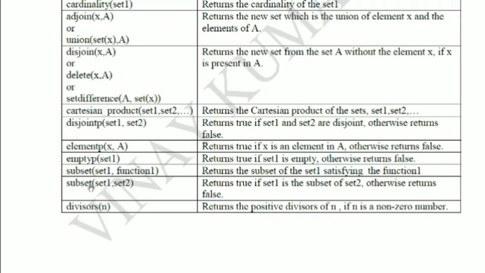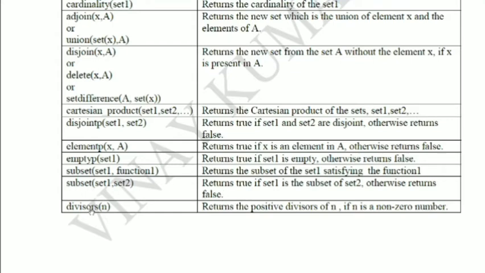So this predicts whether your set 1 is the subset of set 2. Subsetp is missing here, you add it. Subsetp of set 1 comma set 2. This predicts whether your set 1 is a subset of set 2. If set 1 is a subset of set 2, then it returns true. If set 1 is not a subset of set 2, then it returns false.